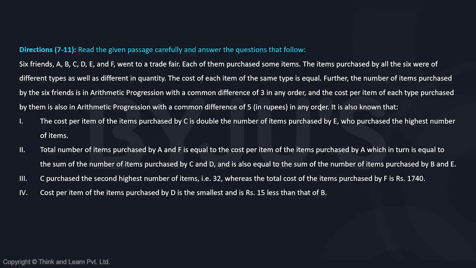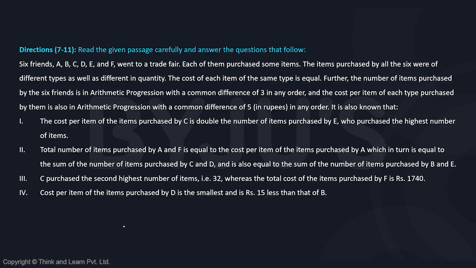Set number 2. Six friends A, B, C, D, E and F went to a trade fair. Each of them purchased some items. The items purchased by all the six were of different types as well as in different quantity. The cost of each item of the same type is equal. Further, the number of items purchased by the six friends is in arithmetic progression with a common difference of 3